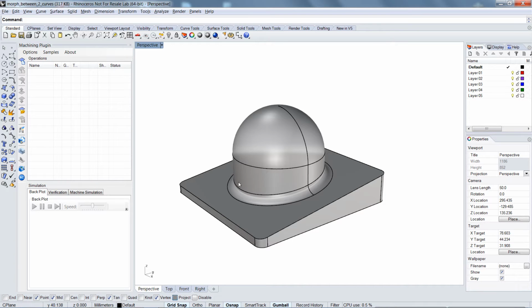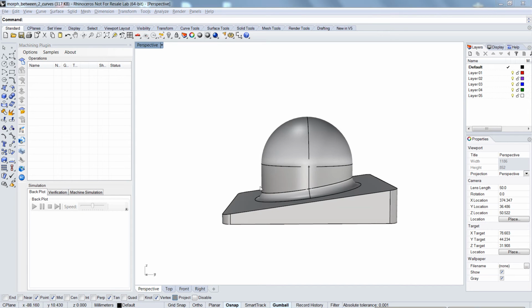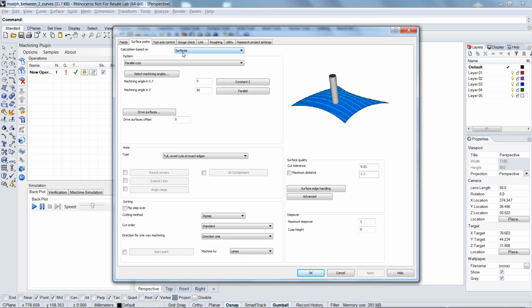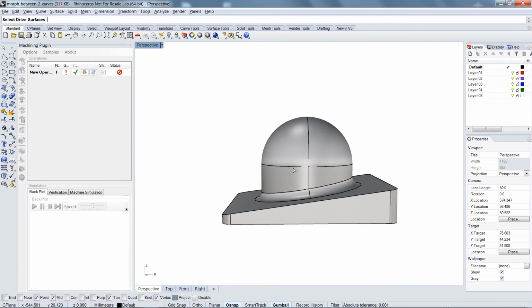So if you look at this surface here, between these two lines, we see that the distance between the lines decreases from left to right. So what will happen if we create a new operation here, with your surface path and the method of parallel cuts? We had the lesson before, the tutorial before. Here we choose our drive surface,